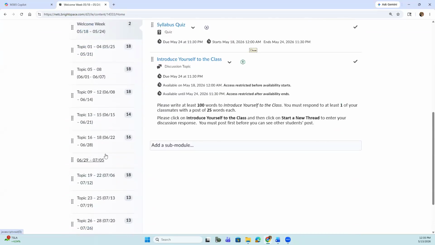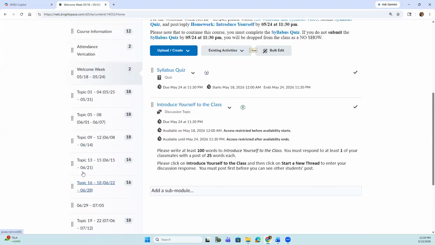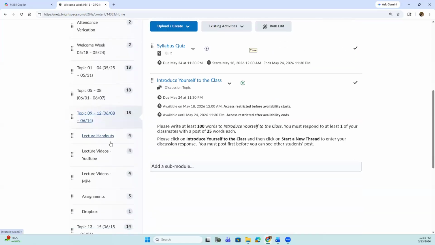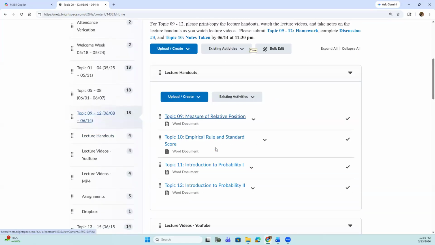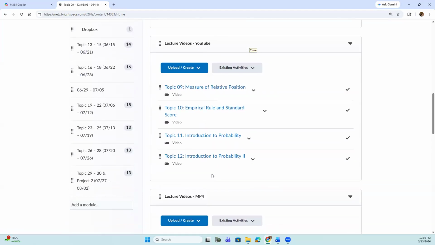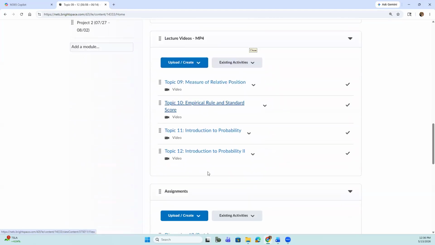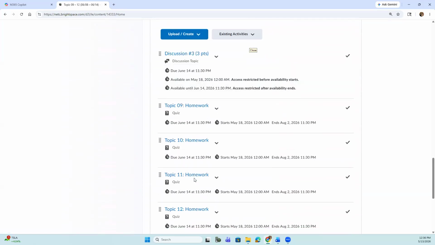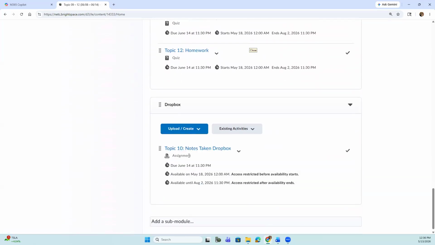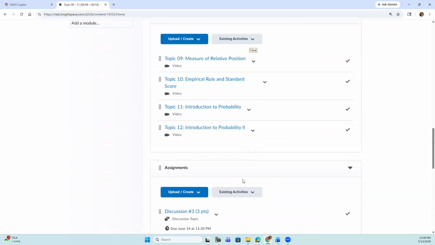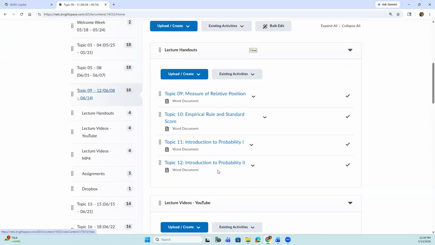Our weeks are divided up by the different topics that we're going to cover throughout the course. For any given week, how students proceed in this class is you'll be given a lecture handout, lecture videos in YouTube and MP4 format, and your assignments, and the last thing is called the notes taken Dropbox. What students normally do for any given week is to first print or copy down, okay, the